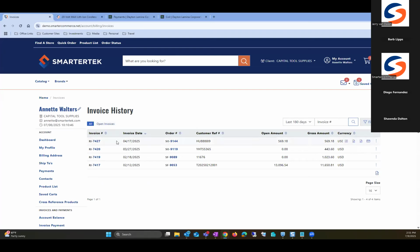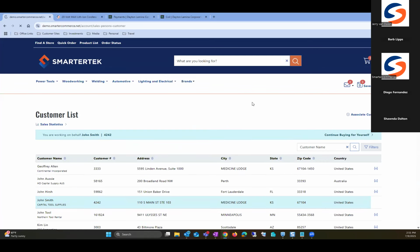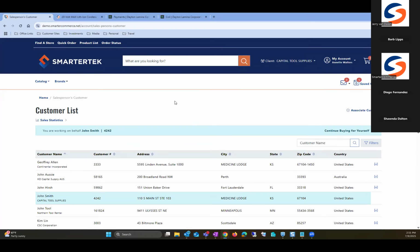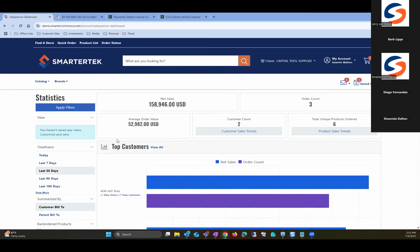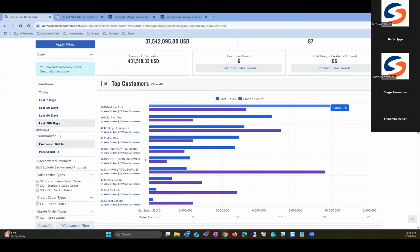So from here, I also can now view this same information, but in a more summarized graphical view, which is another capability that is now being introduced. And that's what we call our sales statistics module. So for all of these customers that I work with, I can now see the information in a more graphical view, allowing your sales personnel to apply different filters of information, seeing their different customers,